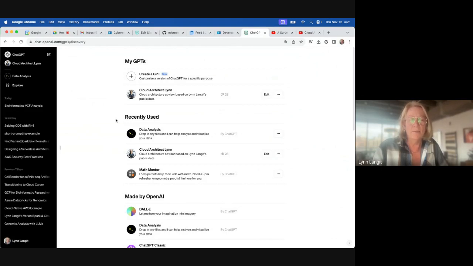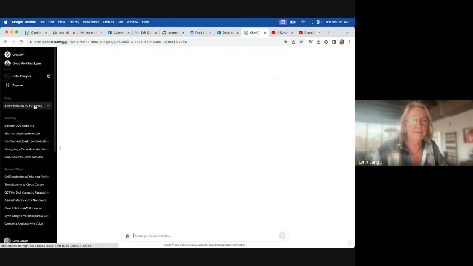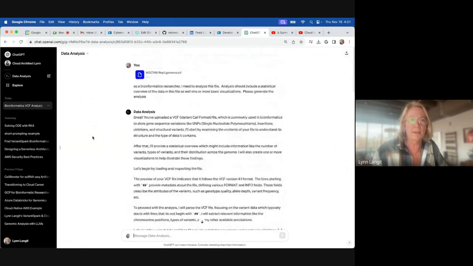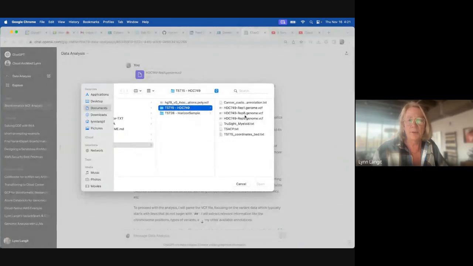One of the notable ones for our situation is this data analysis GPT. When you use this, what you can do, and I've already done this just for time, is you basically upload your data set. Obviously this has to be public data, because this is public.